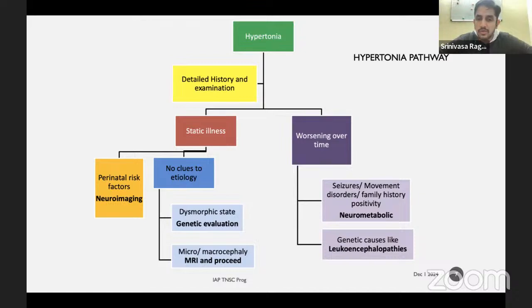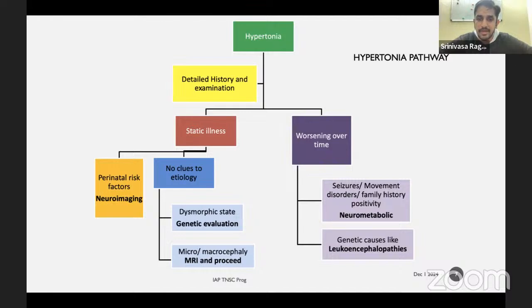If the child has no clues to etiology, then if the child has a dysmorphic state, we go ahead and do a genetic evaluation where necessary. And if the child has micro or macrocephaly or associated epilepsy, then we do an MRI and proceed further